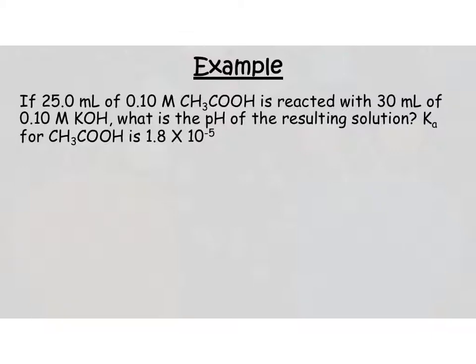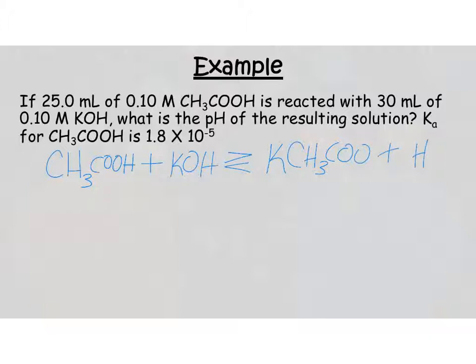Okay, now in this one, instead of having a strong, we have a weak, strong. That's the first thing I would like to point out. All right, so let's go ahead and write the equation. So here's my acetic acid, and there's my base, and that is going to form my salt